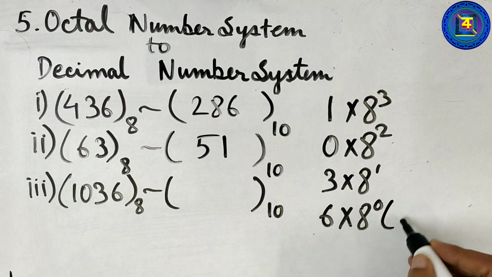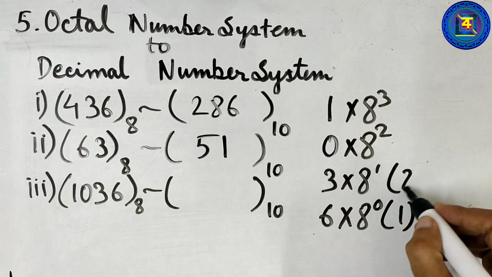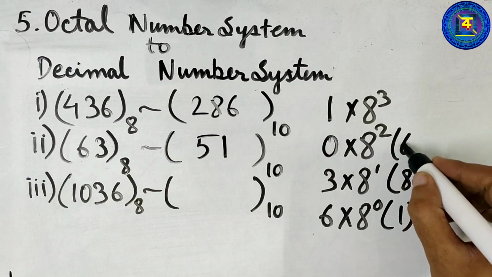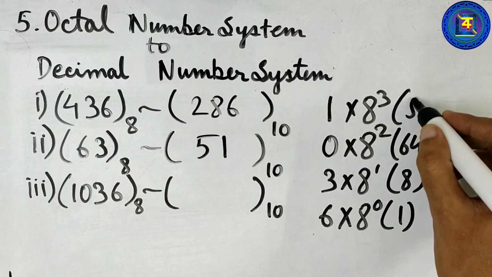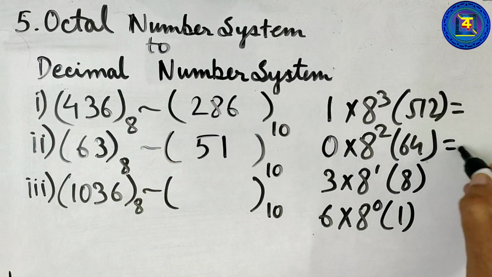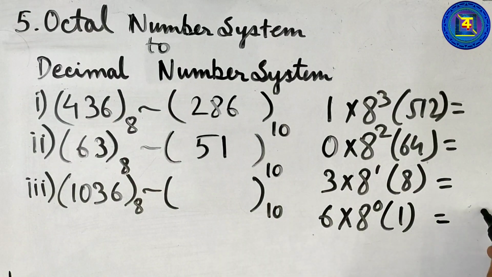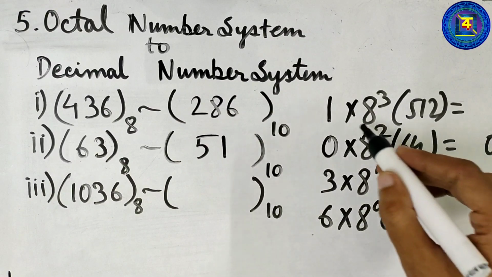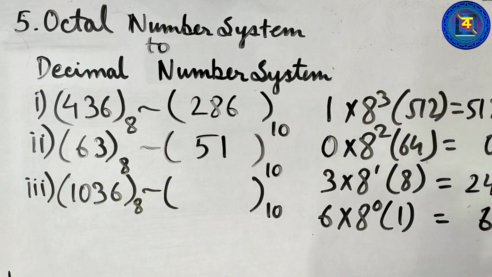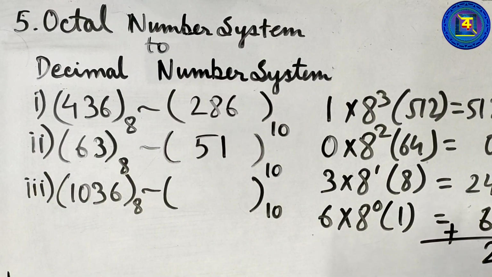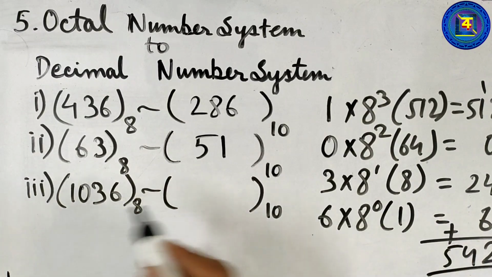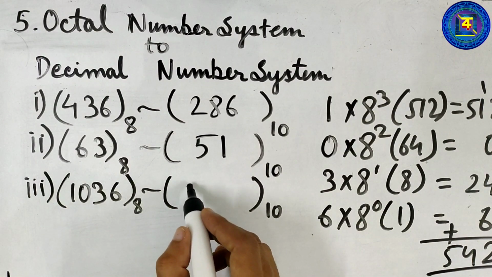What is 8 to the power 0? It's 1. What is 8 to the power 1? It's 8. What is 8 to the power 2? 64. What is 8 to the power 3? It's 512. Right? And when we multiply them, that is 6 ones are 6, 3 8s are 24, 0 64s are obviously 0, and 1 into 512 will be 512. So when you add them up, you'll get 6 plus 4 is 10, 2 and 1 carried, 4 will be added, and it will be 5. So 1036 when written in decimal number format will be